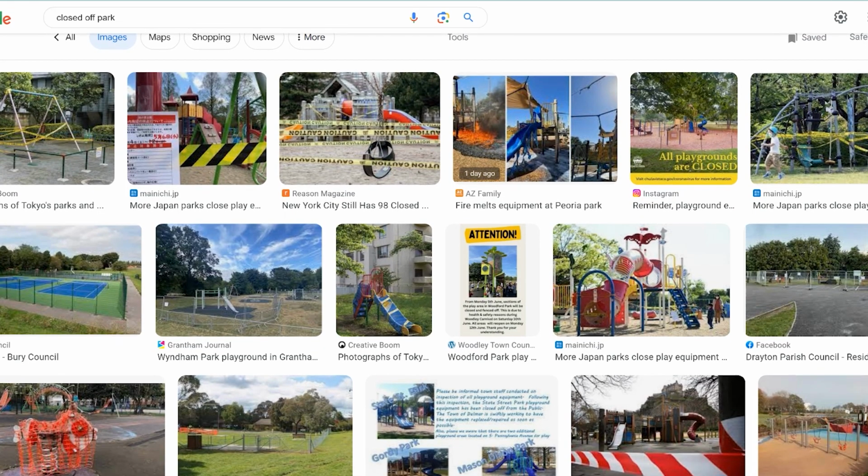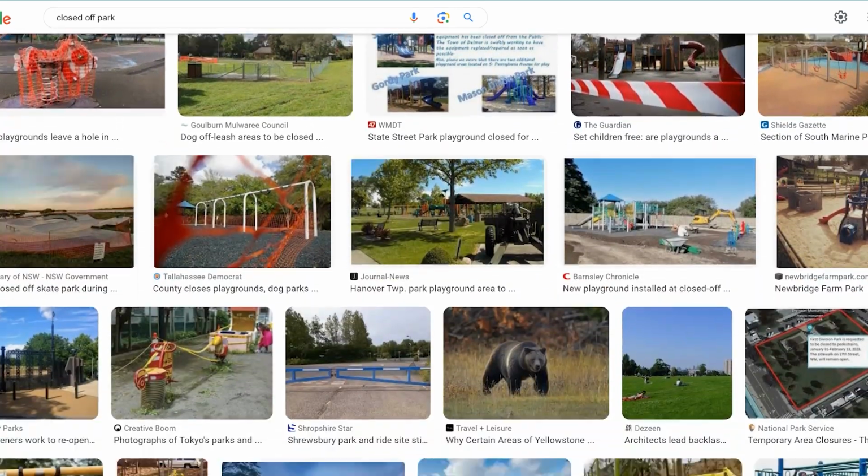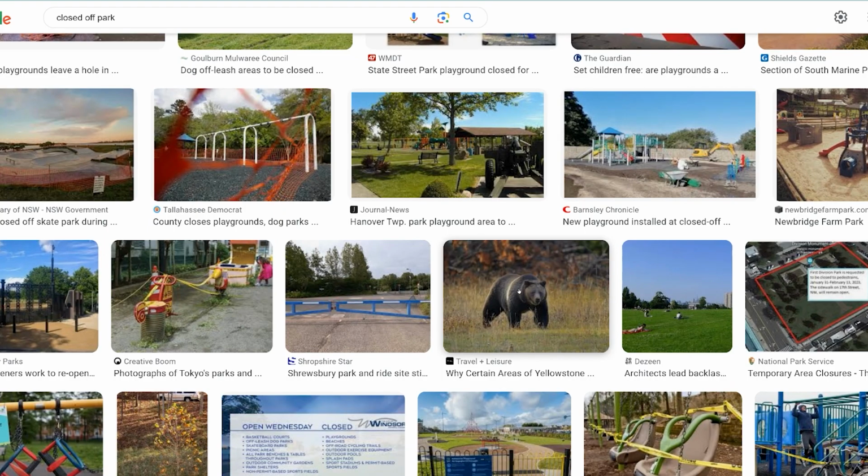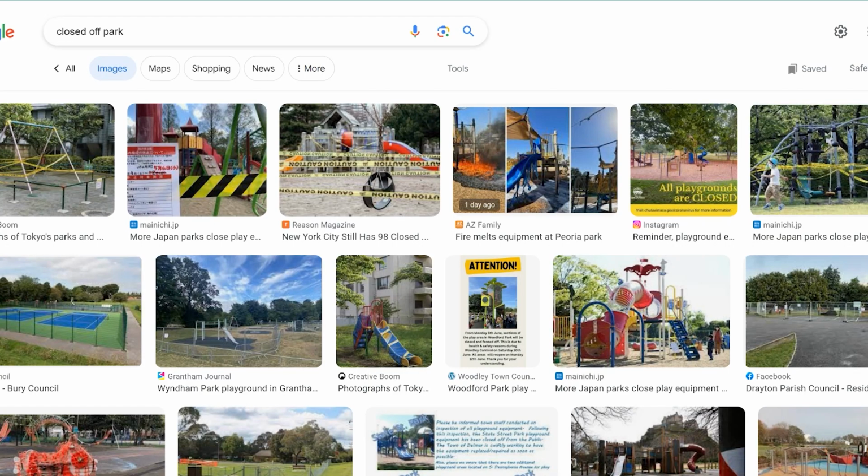So I've googled closed off park, and this is the sort of pictures that come across. I don't know why we've got a bear there, but to me it seems quite haunting in a sense. I didn't really think about it in this way when I originally saw the prompt, but a closed off park, there's a haunting sense of it. It's like, oh, this is where children used to play and that sort of thing. I've got a better sense of where I want to go with this now, thinking about it from that perspective. Looking at these images actually helped a lot.